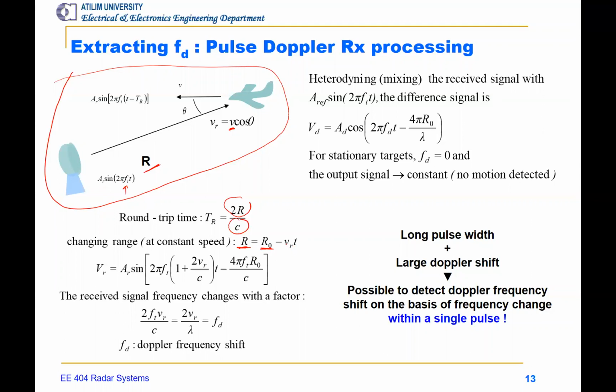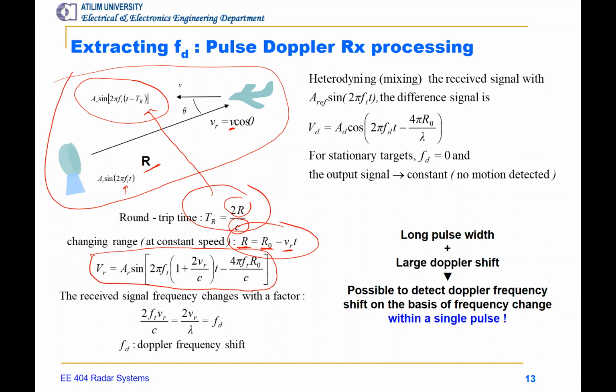So the distance between the radar and the target is simply decreasing with time, and it's dependent on the radial speed of the target. So if we look at the echo signal right here and insert this into this equation,